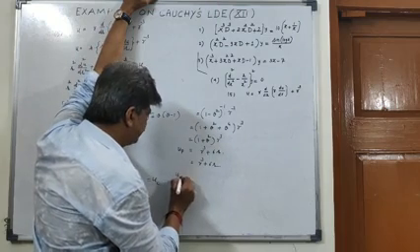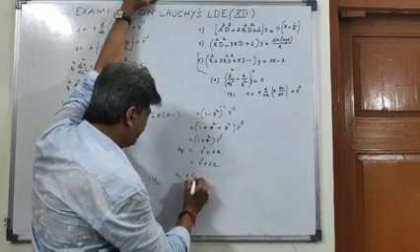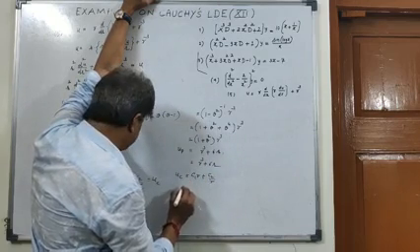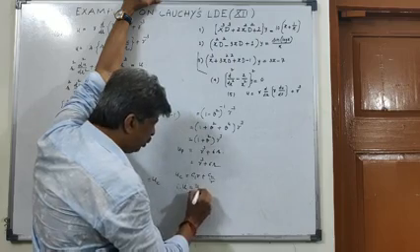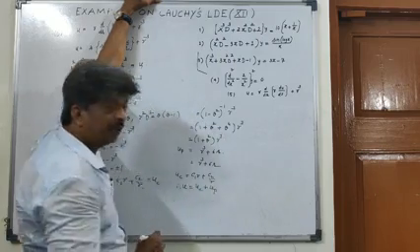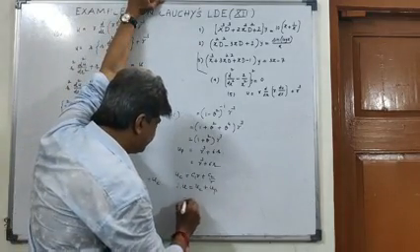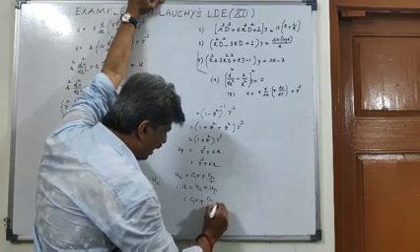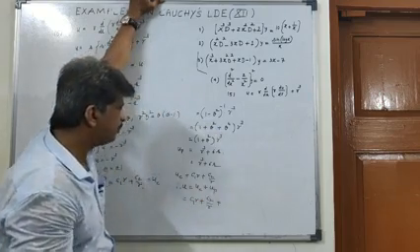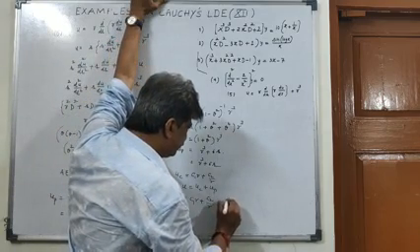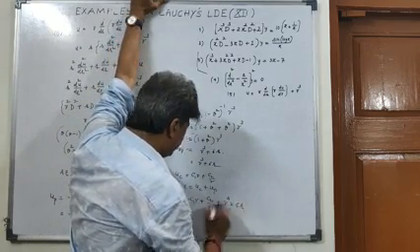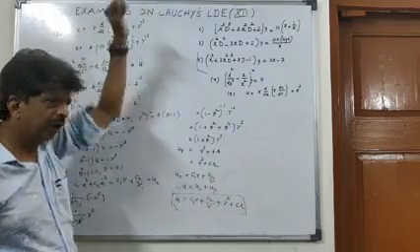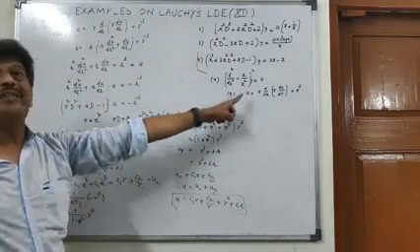UC was C1 r plus C2 upon r, and UP was r cube plus 6r. Therefore, U is equal to UC, the complementary part, plus the particular integral part: C1 r plus C2 upon r plus r cube plus 6r. So this is U in terms of r. That is your final solution of this final example.